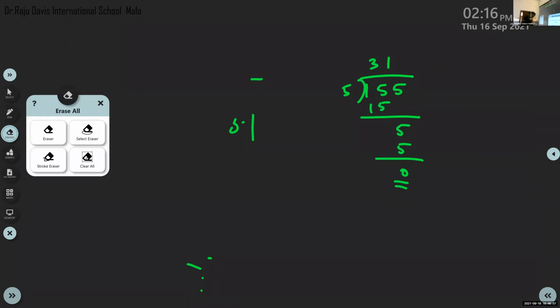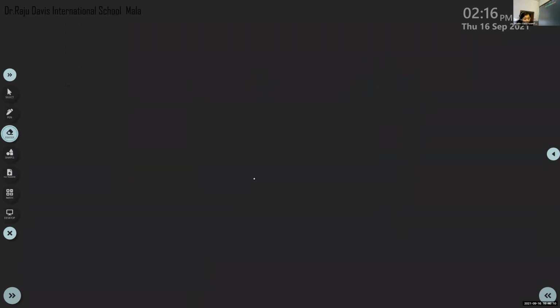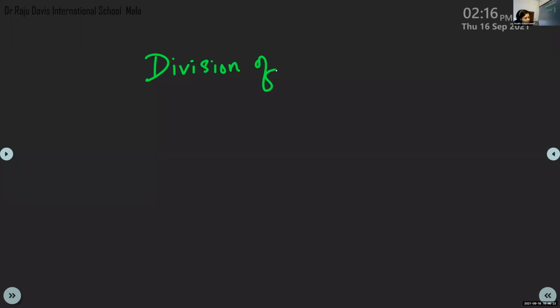Now we can do another one. That is another topic, division of a decimal by another decimal. It is a part of this division. If I finish that also, all the topics of this lesson are over. Then only problems remain, that you do as homework. Then we can discuss it in the next period. Division of a decimal by another decimal.